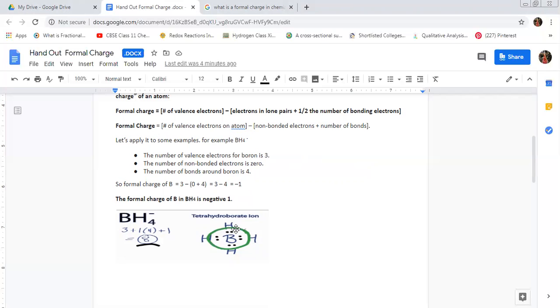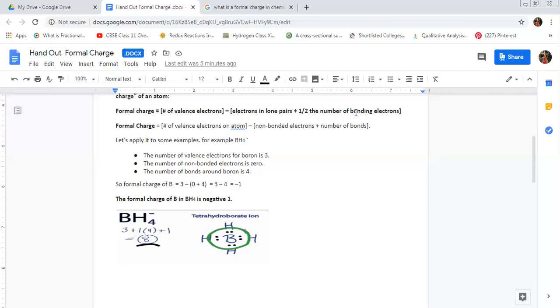There is no electron. You can see the structure 1, 2, 3, 4, 5, 6, 7, 8. All the electrons are bonded together. You can see the structure carefully. There is no electron left. Non-bonded electron is 0, I've written over here. And the number of bonds which are formed, you can see, or you can calculate the number of bonding electrons 1, 2, 3, 4, 5, 6, 7, 8.